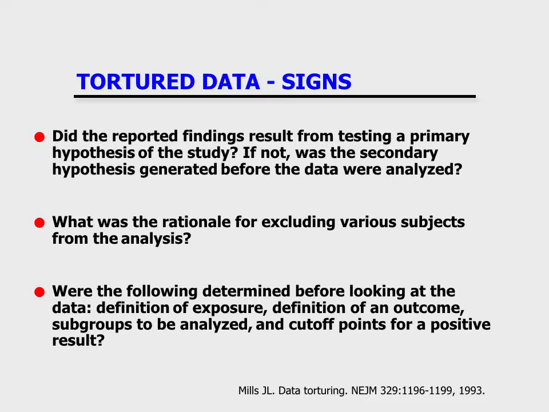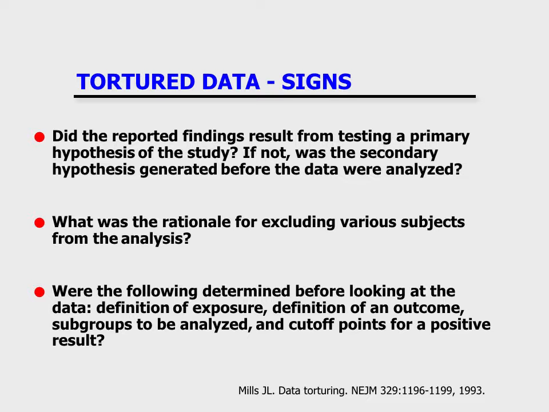And were the following determined before looking at the data? Definition of exposure. So how much exposure did the subjects actually experience? In other words, did you go through the entire procedure? Was that procedure defined? Were the methods defined? Definition of an outcome. So what do you consider an outcome? What is it that you're looking for in terms of your data? What are you looking for in terms of a change, and where are you looking for that change? Are the subject groups analyzed, and were the cutoff points